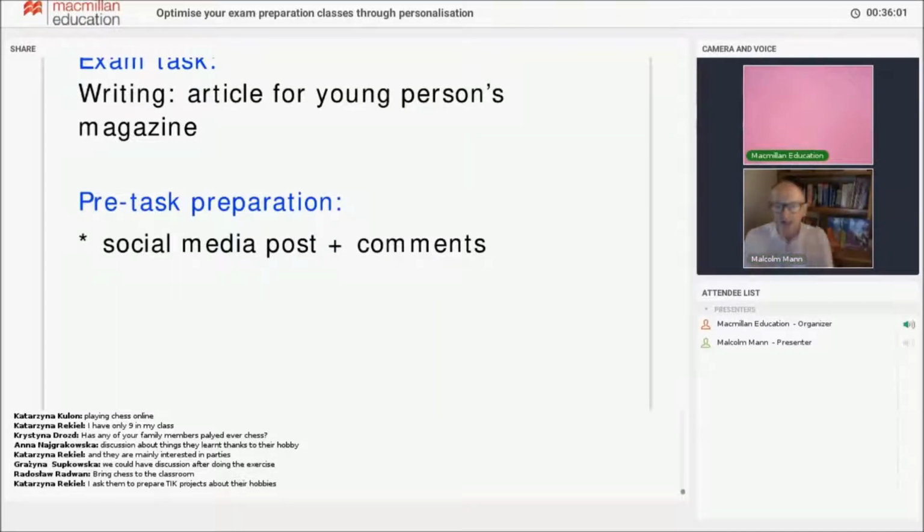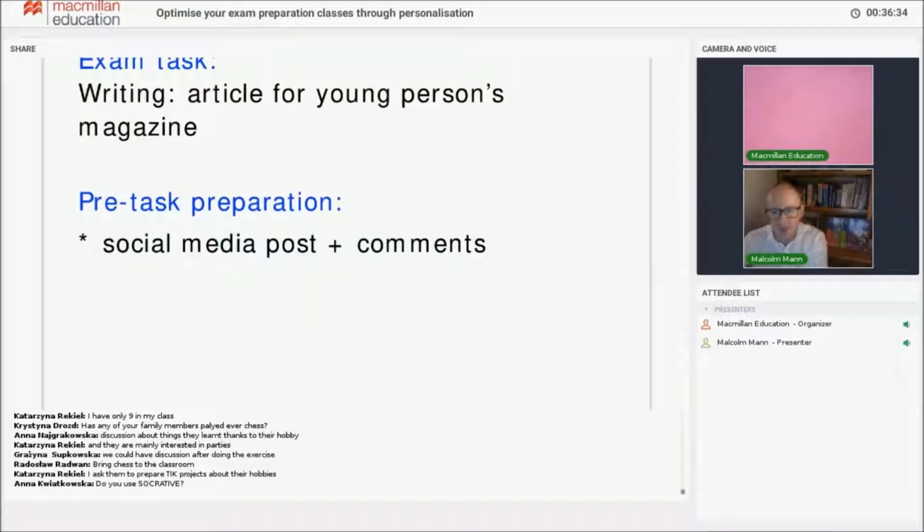So you get the topic that's essentially the same as the article, but you do it in the form of a social media post. Now, if you do have some kind of online sharing platform with your students, whether that's Facebook or WhatsApp or some other software, that's fantastic. I know some teachers do. If you don't, and if you can't because of security or safety issues, I know that's an issue, then you can still do this with paper and pen. So you get the students to write their social media post,